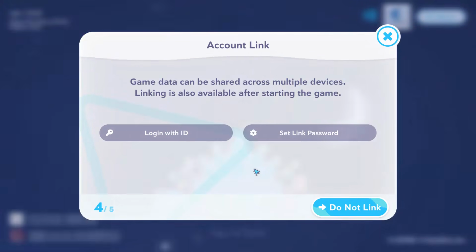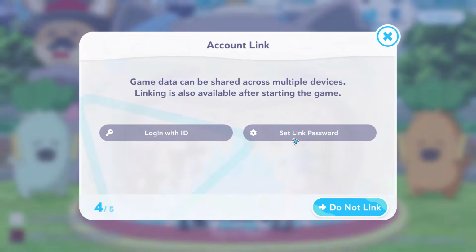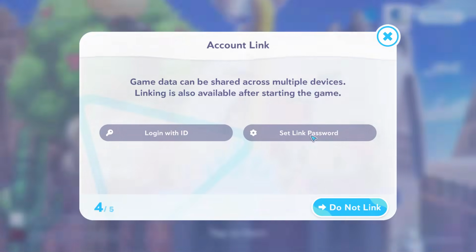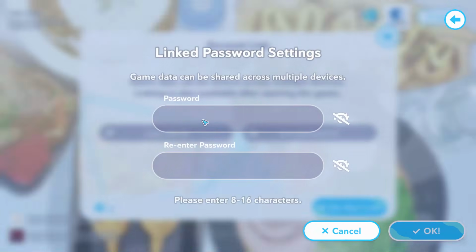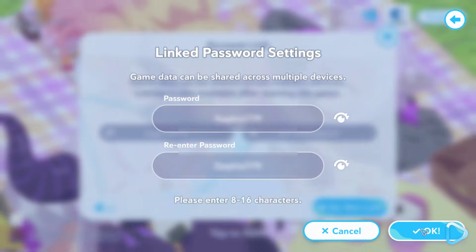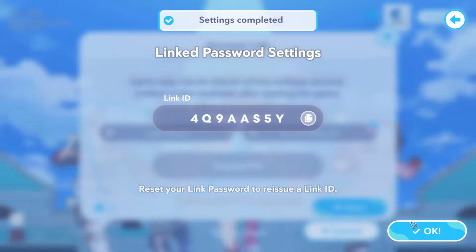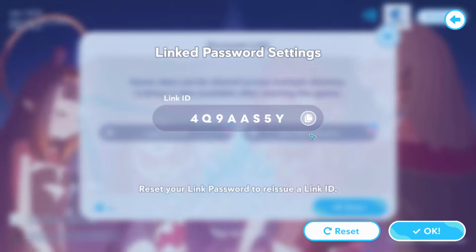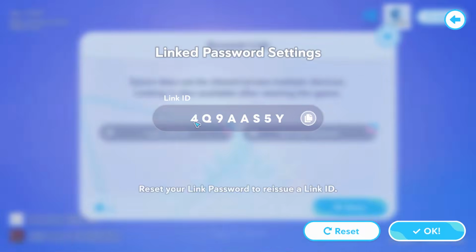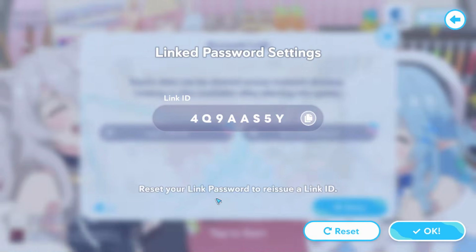Now instead of login with ID, you have to click on set link password. Click on it. After that, here you have to enter your password. So after entering the password, here you will get the link ID. You just have to click on OK,